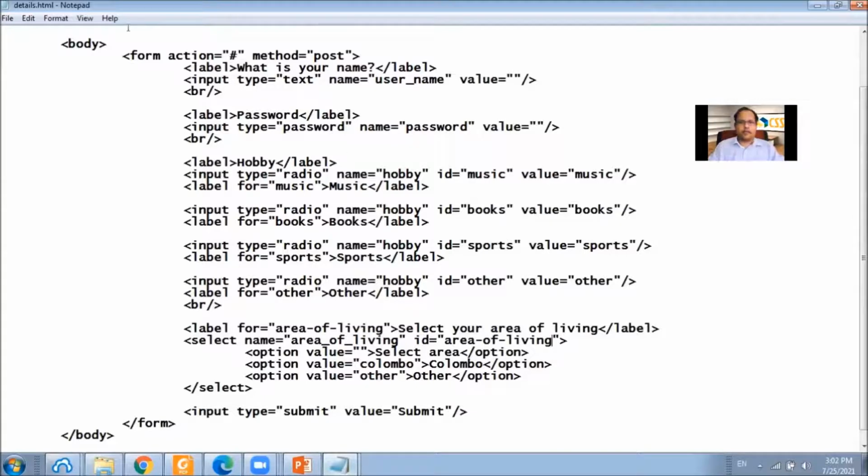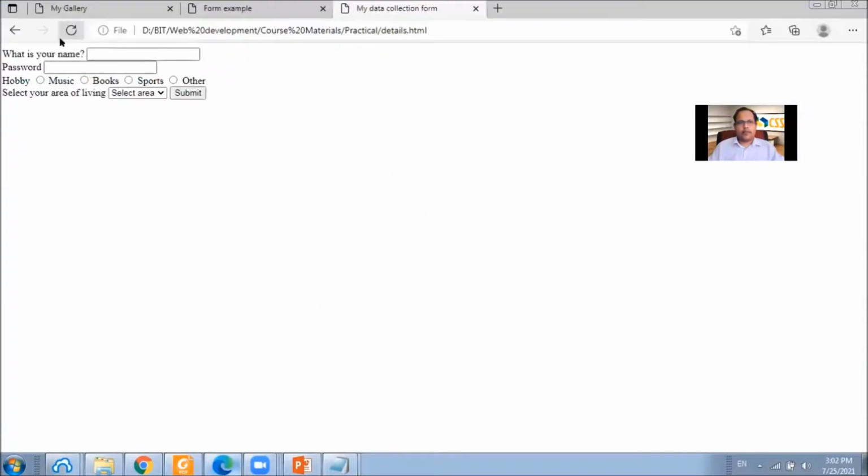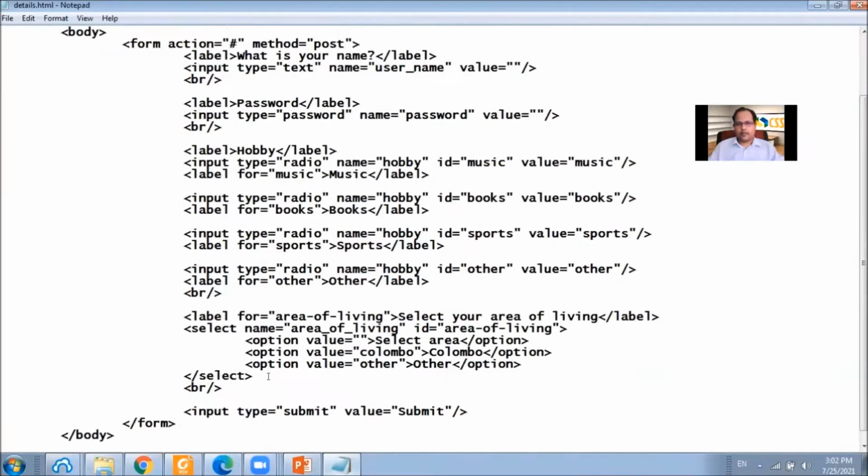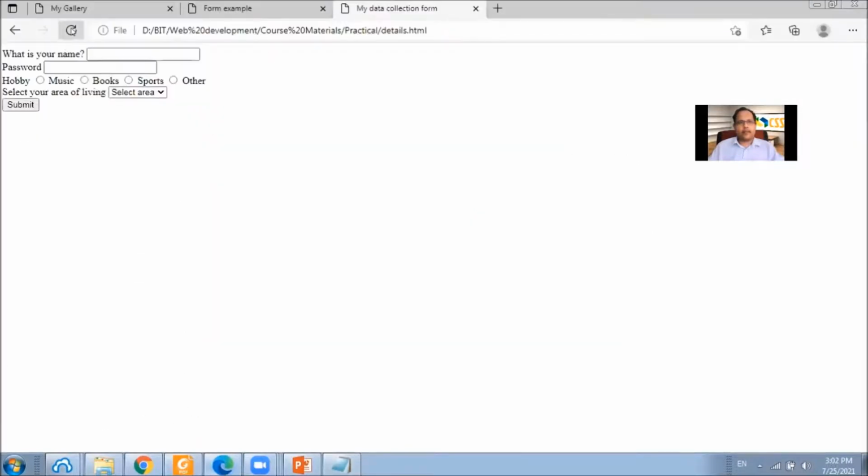Area of living, right? And when you open it, we can see select your area of living, and inside the select box we can see Colombo and other, so that the submit button will be visible under the select element, like this.